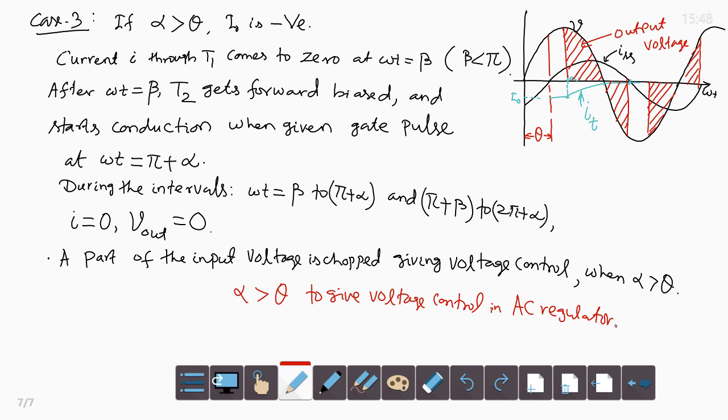So, this is the analysis for single phase AC voltage controller. It is also equally applicable to 3 phase AC regulator with induction motor load. So, same analysis can be extended. So, here you can see the current expression, resultant current waveform, it will start from 0 and here. This is the resultant current.